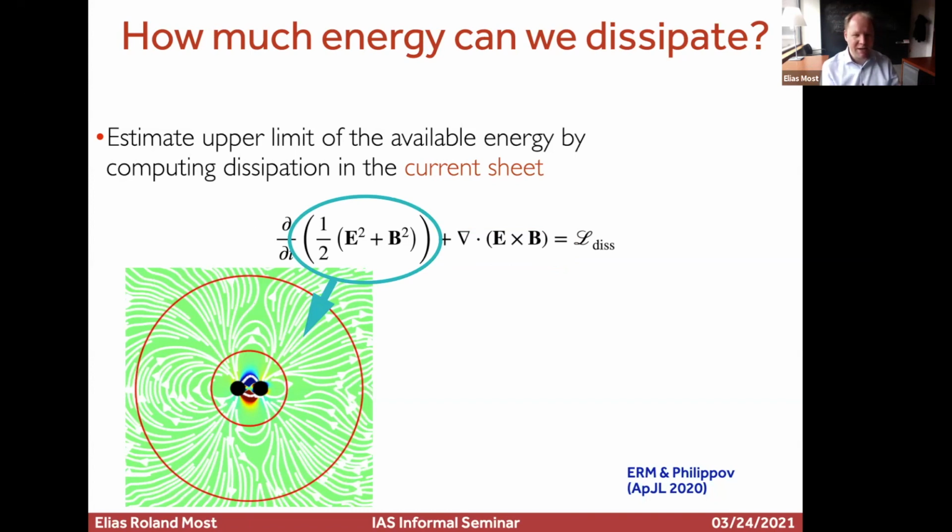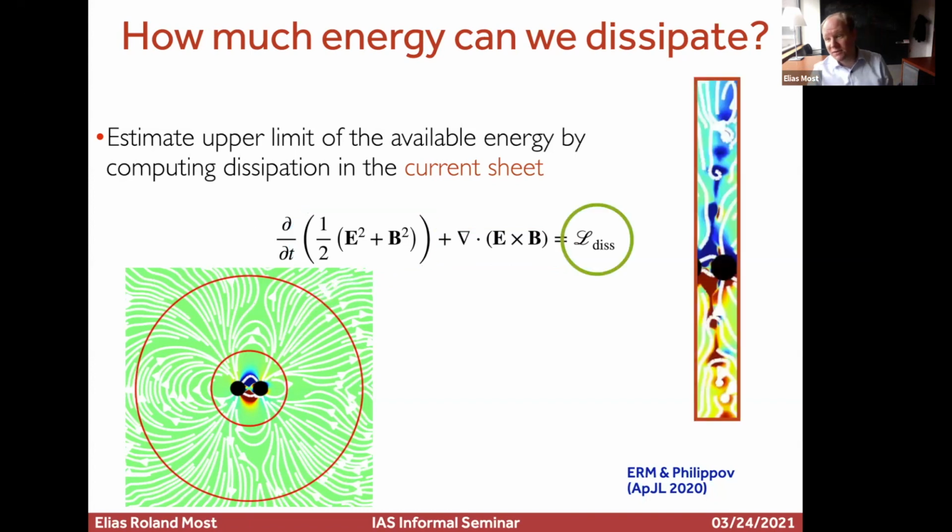And once you subtract all of those components off, you get the amount of energy that's being dissipated, because within the formalism that we're using, the energy is literally going down the drain. We're just removing it. So whenever you get plasmoids, you get a certain amount of dissipation, and this is the way we can estimate that. You can use that as an order of magnitude estimate for how much energy is available in that sense to drive radio phenomena.